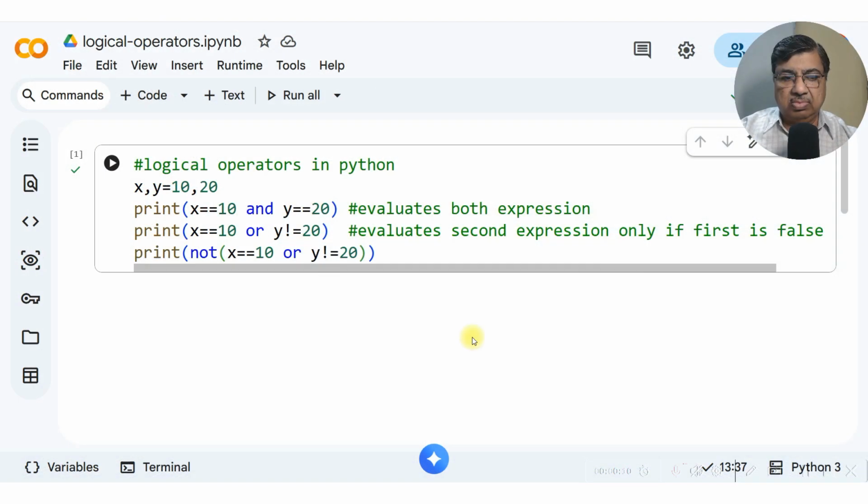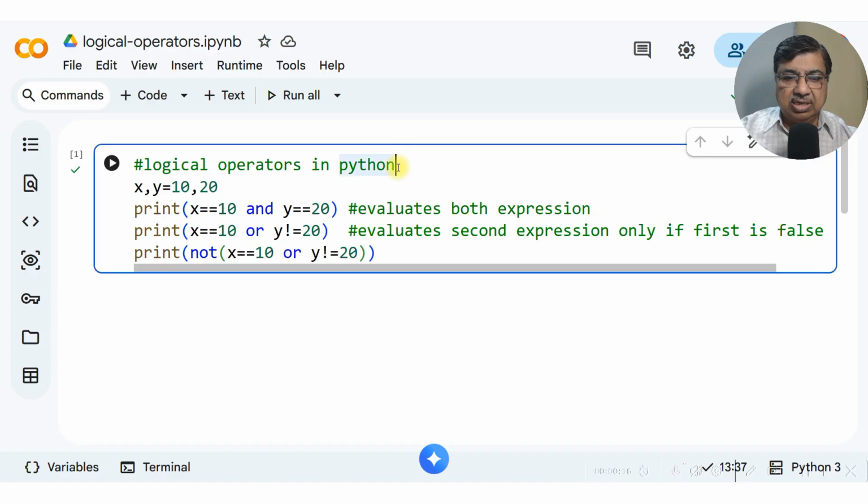Namaskar. Now we shall learn logical operators in Python. Whenever we say logical, that means something which returns true or false. Actually, all conditions which are given in Python are supposed to return true or false, and logical operators